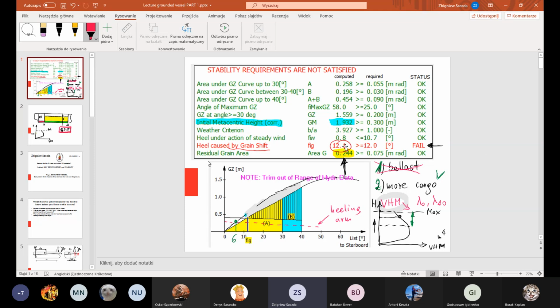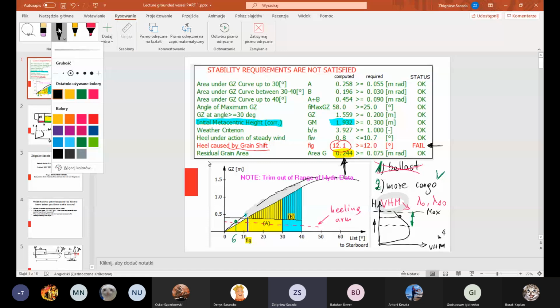What to do with the loading condition, with the goal to make the heel angle caused by grain shifting smaller than 12 degrees to satisfy this criterion. And Batuhan and others discussed